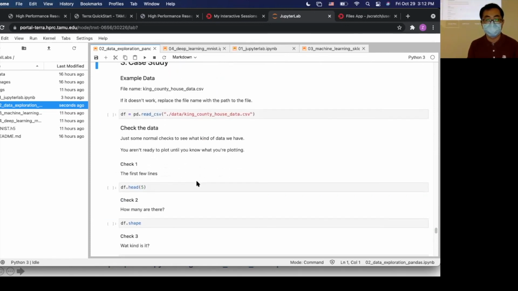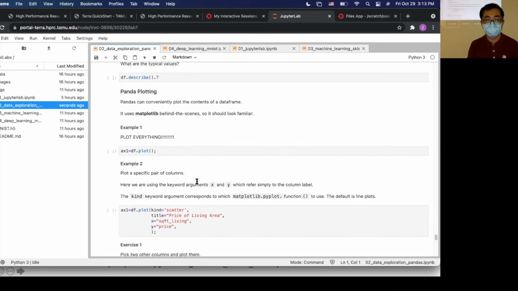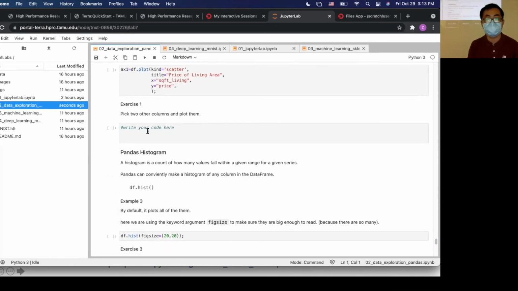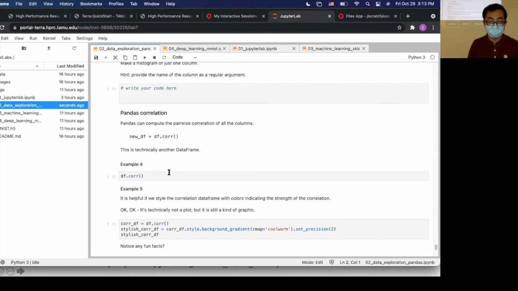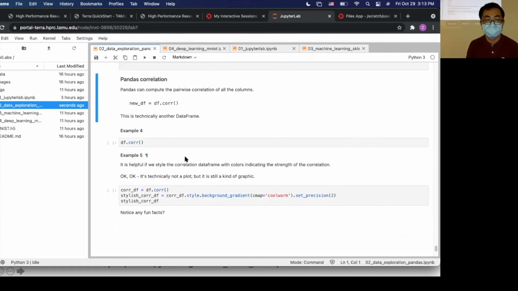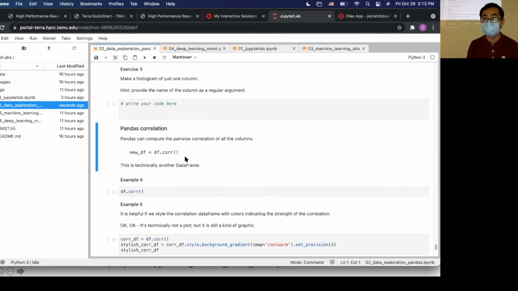Here I have some case studies. You can look at all these examples and exercises, and write some code, and you will remember it more clearly. This is not a code cell. I will give you maybe 10 to 15 minutes to work on this. After that, we will continue. So I will create the breakout room.